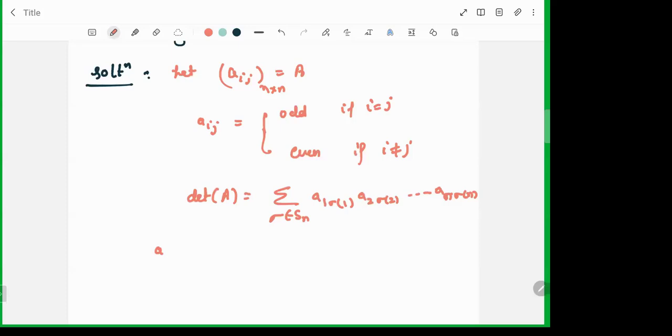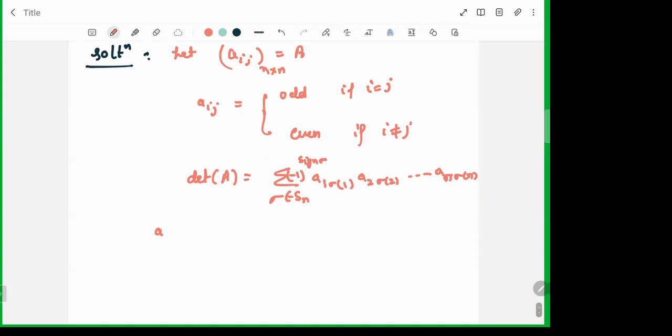I think here it should be minus 1 to the power sign of sigma. Is this my definition correct? Anyway, so now see that